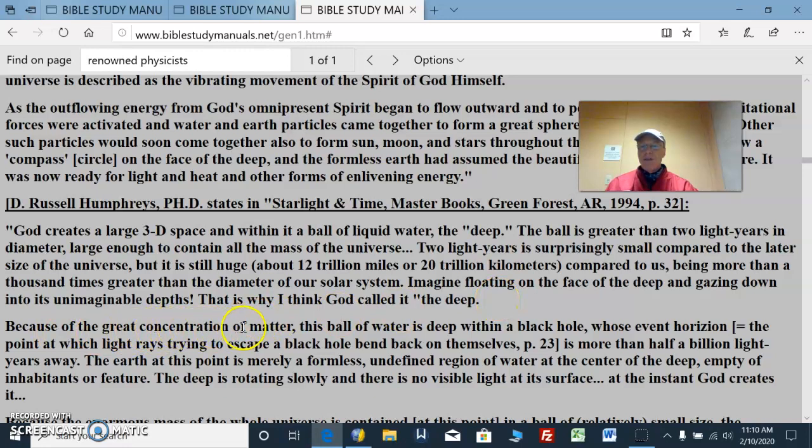Because of the great concentration of matter, this ball of water is deep within a black hole, whose event horizon, the point at which light rays trying to escape a black hole bend back on themselves, is more than 500 million light years away. The Earth at this point is merely a formless, undefined region of water at the center of the deep, empty of inhabitants or feature. The deep is rotating slowly, and there is no visible light at its surface. At the instant God creates the light,